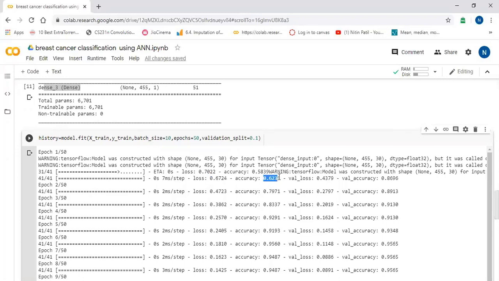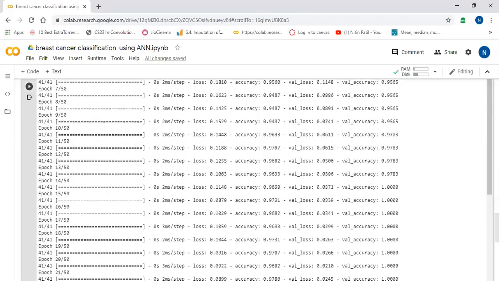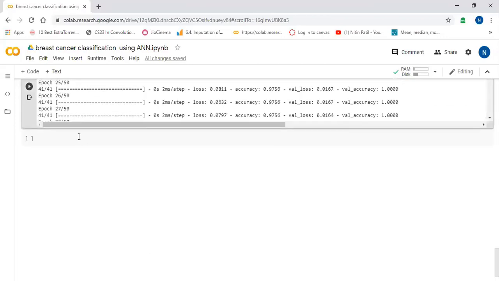Our accuracy is 0.62. Now validation loss was 0.43. Validation accuracy is 0.86. Okay, so now you can see the training loss has decreased, training accuracy has increased, and validation loss has decreased, and validation accuracy has increased. The model is learning. Okay, so now we have completed the 50 epochs.